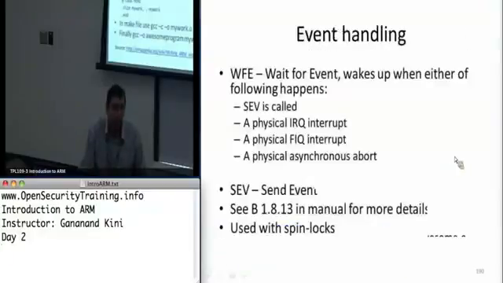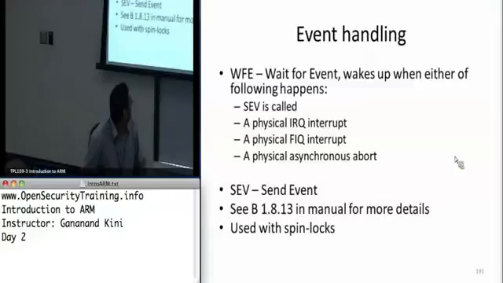All right. So next, since we have dealt with assembly, we also can't leave event handling alone. There are actually two instructions that will be useful for the next lab. These instructions are used for synchronization. One of them is called wait for event, and all it does is put the ARM processor into a low power mode, and it just waits around